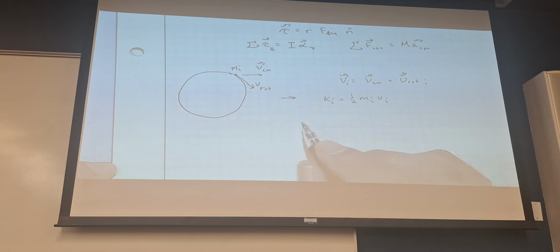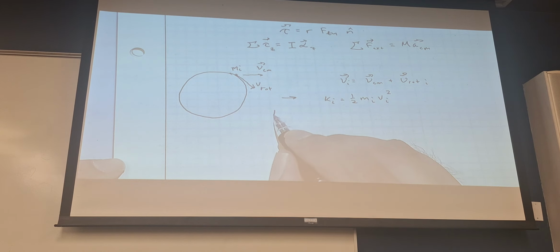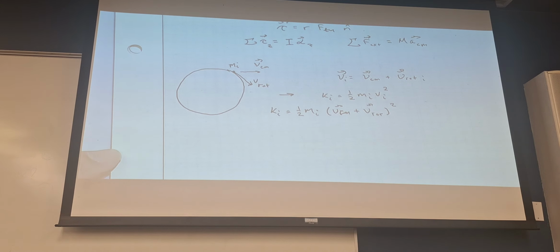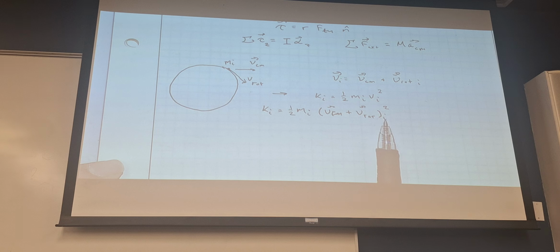And so k_i equals 1/2 m_i times (V_CM plus V_rot) squared. And this is for an i. Sometimes you'll see people just put an i down here. That means it's the i. It's for the i thing. So these two things will have an i next to it